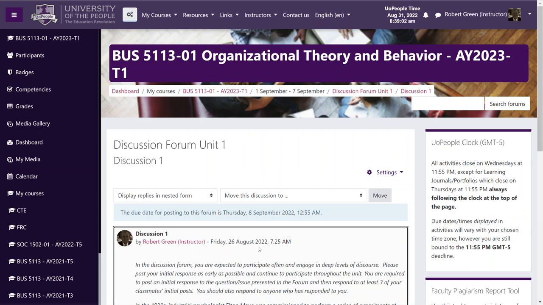So it might be worth a read. When I go to an article, the first thing I do is I always look at the abstract first, and then I look at the reference section. And if I see a lot of stuff in the reference section that I've never heard of, or does not look like it comes from a scholarly, peer reviewed journal, I'm probably not going to waste my time